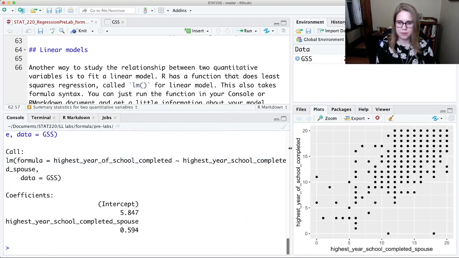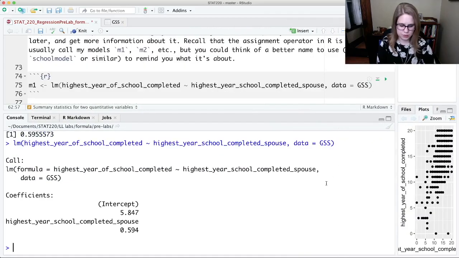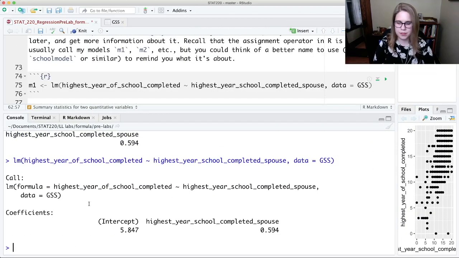And now it gives me some information in my console. I'm just going to run it one more time because this is a little bit neater to see. So it tells us what our call was. It says that we put in a formula, which was the highest year of school completed by highest year of school completed spouse. So it's just kind of reminding us what happened. And then it gives us the coefficients. So it gives us the intercept value, which is 5.847, and then it gives us a slope value. It doesn't label it as slope, it labels it as the name of the variable that we're using to predict. So highest year completed spouse, and that's